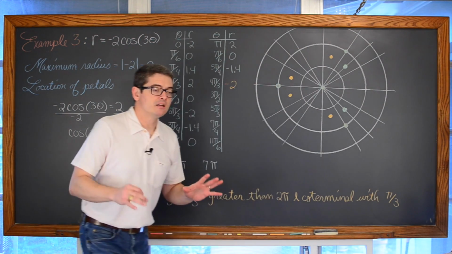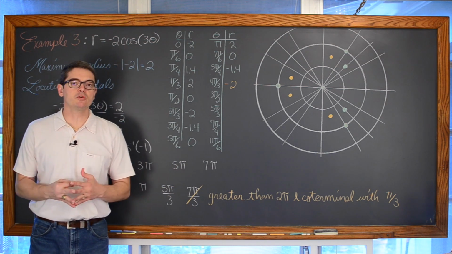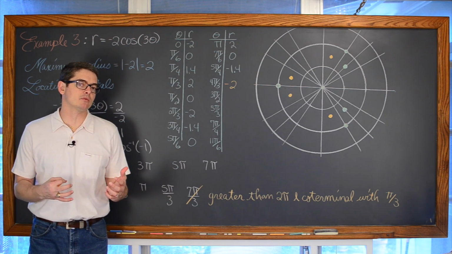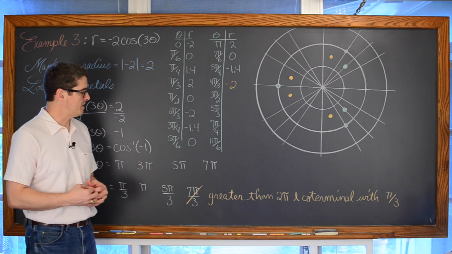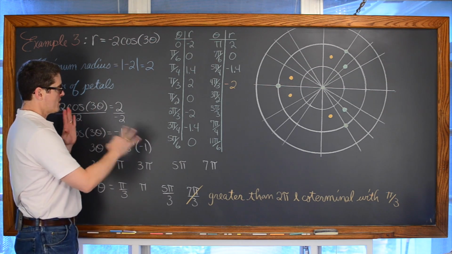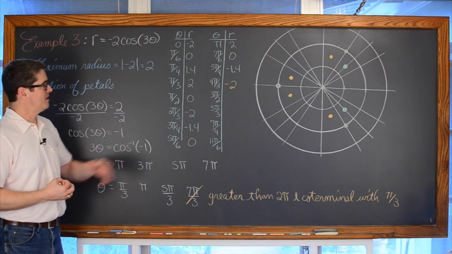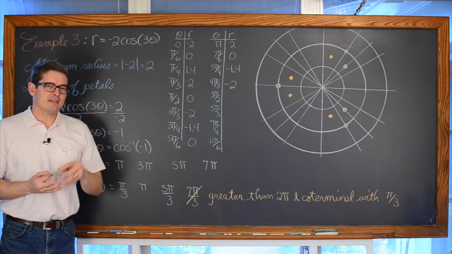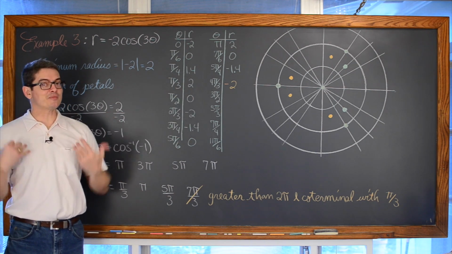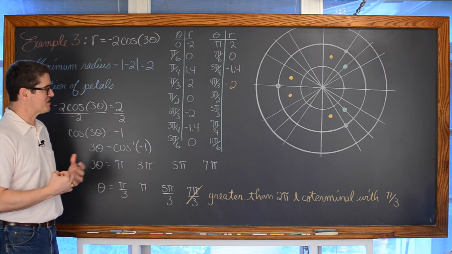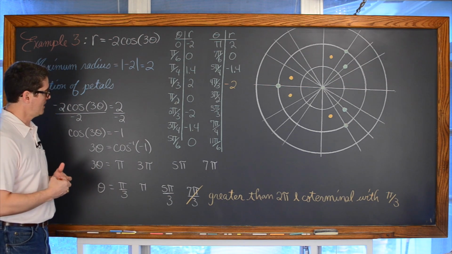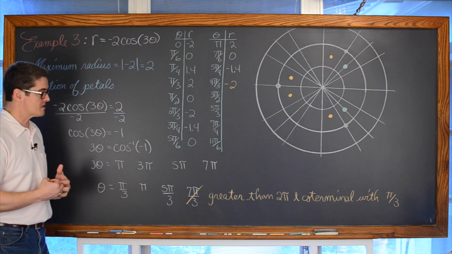Alrighty then. So I said that I was just going to reveal this solution and not even talk about it because it was so similar to the previous example. But I realized as I was working this out, and you'll see that I added a little bit of extra information about plotting points with a table, that I might have misspoke a little bit in the previous scene of this lesson.